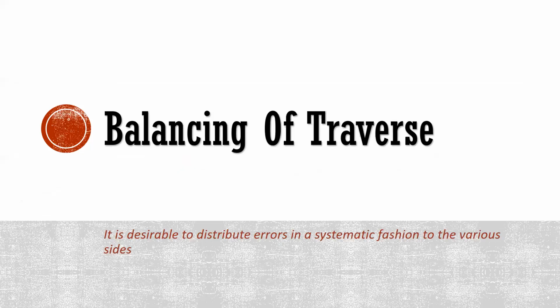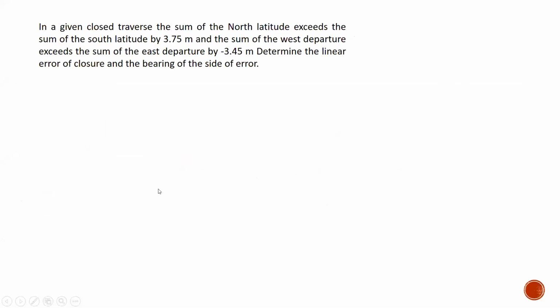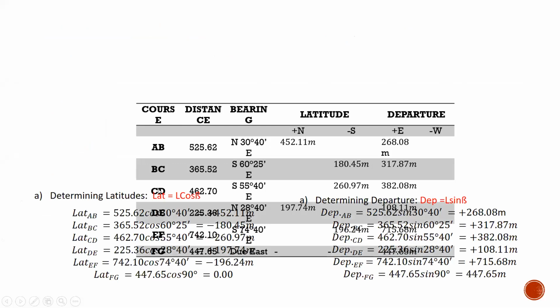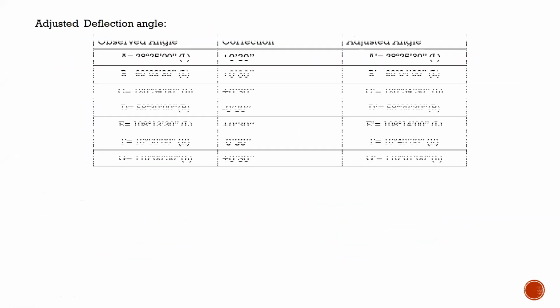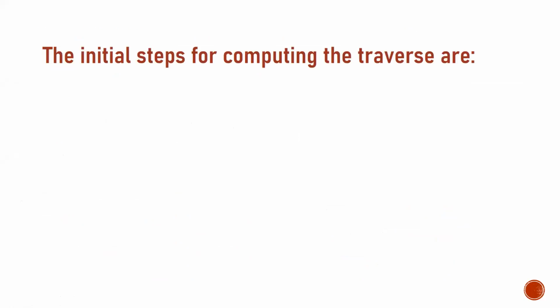So as you can see, we are now here in the balancing of the traverse. Last meeting, we discussed the linear error of closure and the latitude and departure. Paano na natin malalaman kung meron tayong tinatawag na linear error of closure? Di ba magkakaroon tayo ng linear error of closure